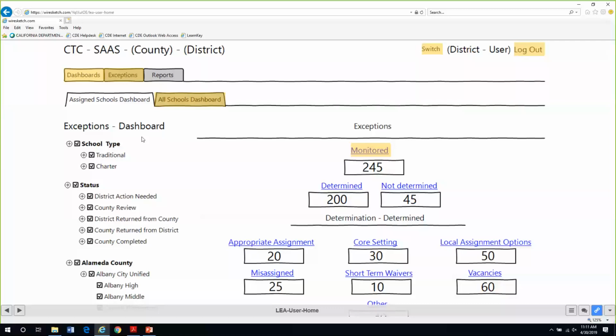And so it's going to match it up and see if they can teach each of the students that are enrolled in their class. And if not, it will come up as a misassignment for that particular type of disability category. So that's how special education misassignments are identified. So it is possible for one class to have more than one misassignment if you're looking at primary disability categories of students.